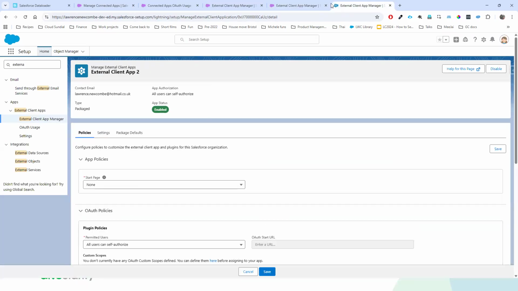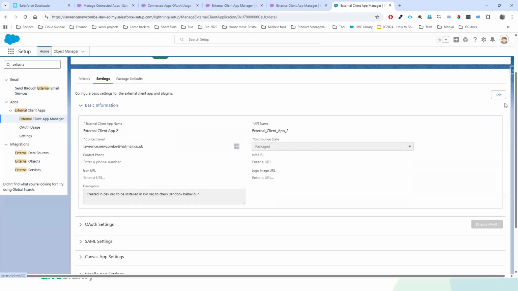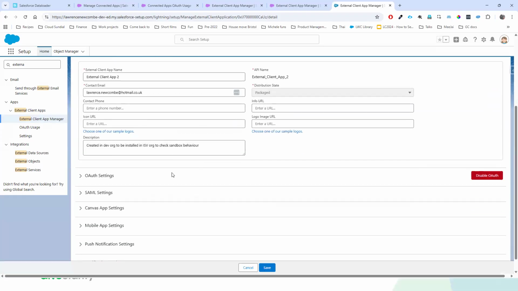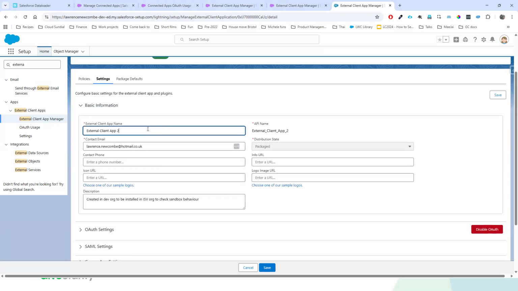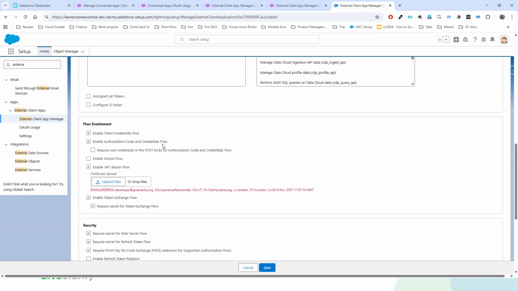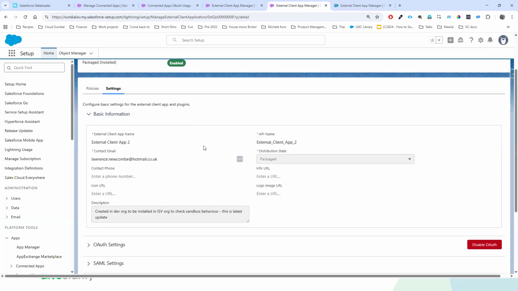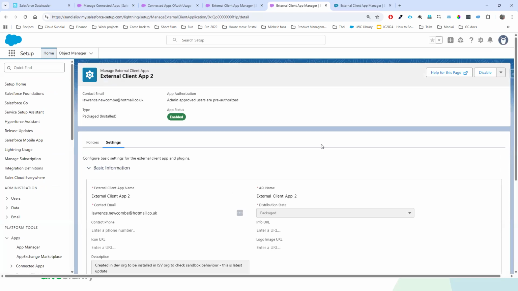Just to show a little bit about what's different: if I go to the settings of this app, this would be the equivalent of the vendor's org, the partner's org. They've got control over the name of the app and the OAuth settings, which are the allowed connection mechanisms and so on. In the customer's org that it's installed into, I don't have any control over the settings.